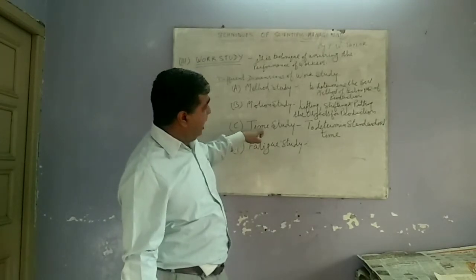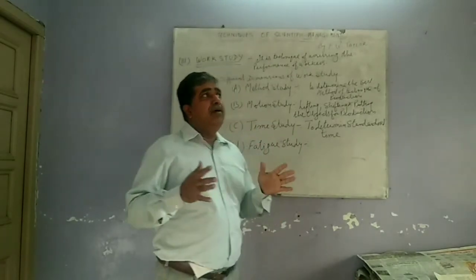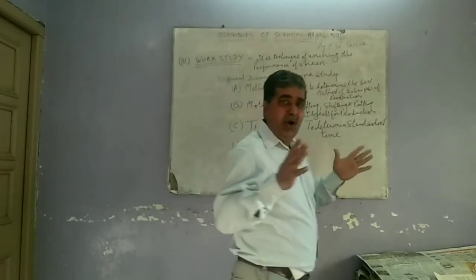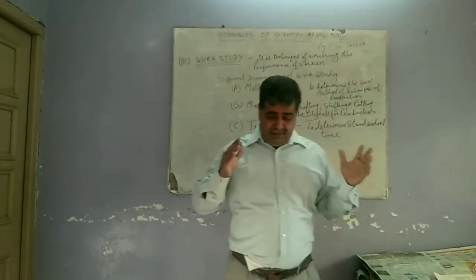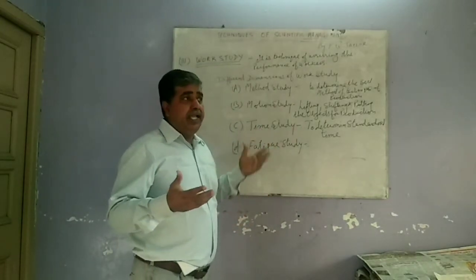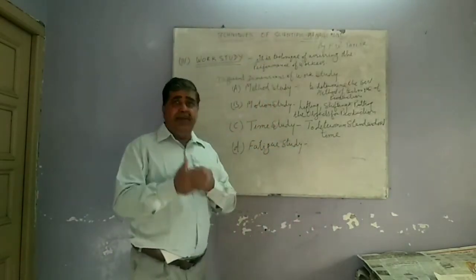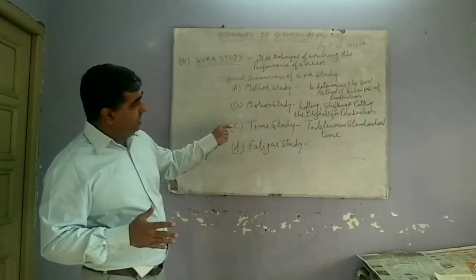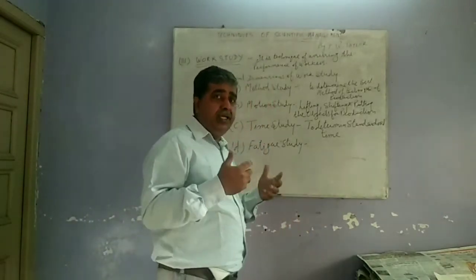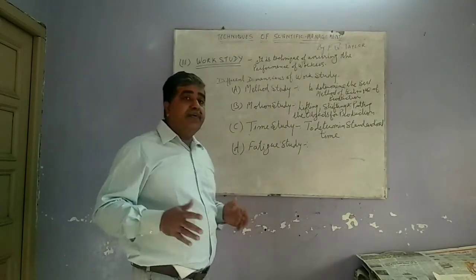And next study is time study. Under this study, F.W. Taylor suggests that we should determine the standardized time to complete the job. Previously I told that to determine this standardized time, we can use stopwatches, and we can have the average time. By determining the standardized time, we can come to know how much time is required to complete the production process. Next study is fatigue study.